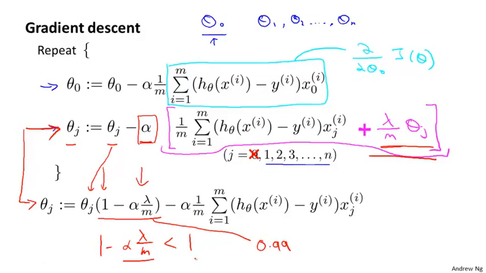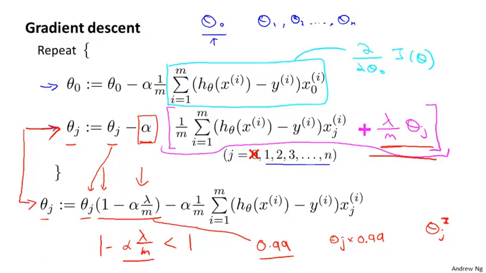And so the effect of our update to theta j is that theta j gets replaced by theta j times 0.99, which has the effect of shrinking theta j a little bit towards 0. So this makes theta j a bit smaller, or more formally, this makes the squared norm of theta j a